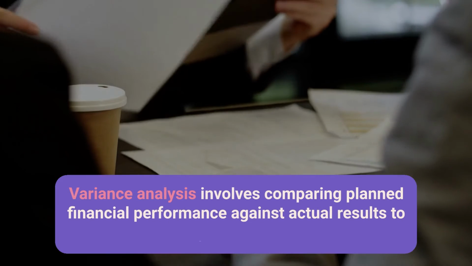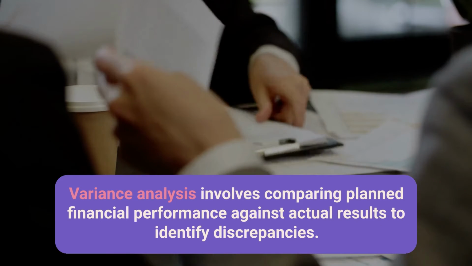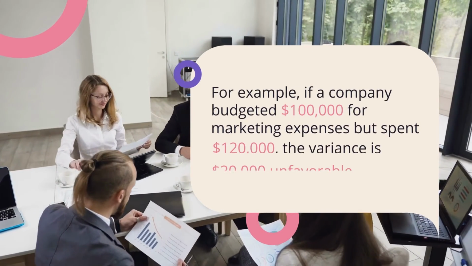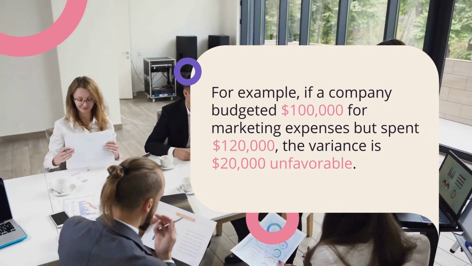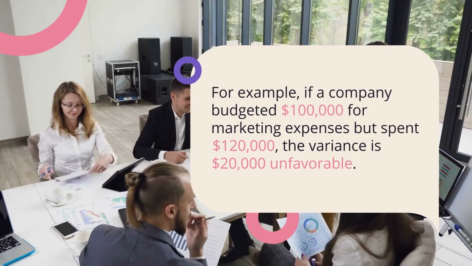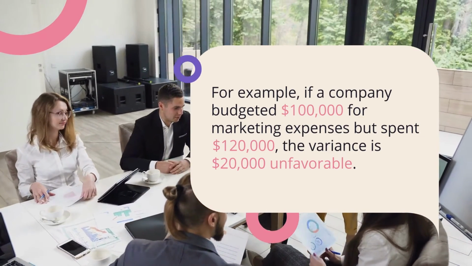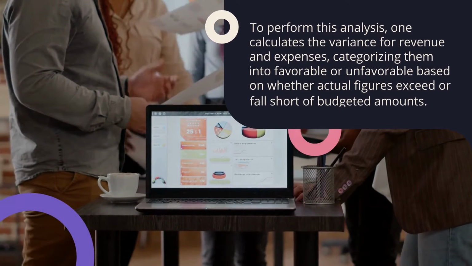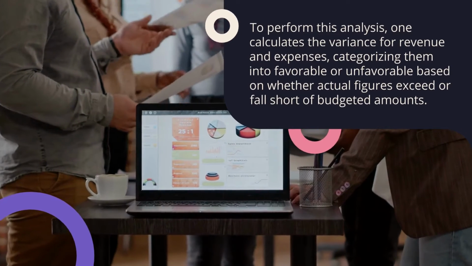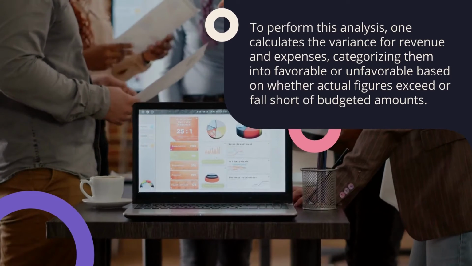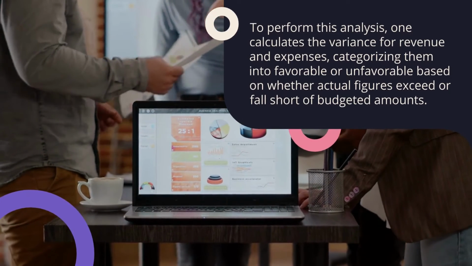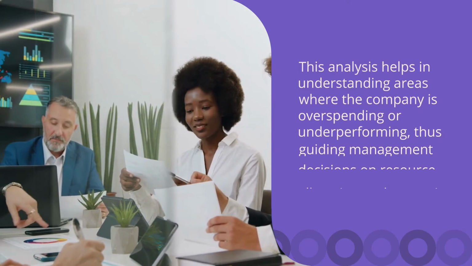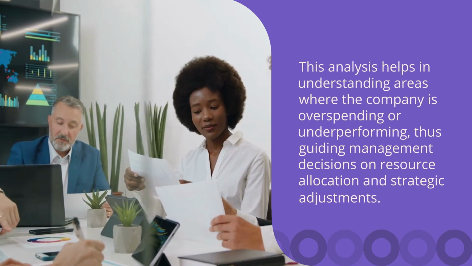Variance analysis involves comparing planned financial performance against actual results to identify discrepancies. For example, if a company budgeted $100,000 for marketing expenses but spent $120,000, the variance is $20,000 unfavorable. To perform this analysis, one calculates the variance for revenue and expenses, categorizing them into favorable or unfavorable based on whether actual figures exceed or fall short of budgeted amounts. This analysis helps in understanding areas where the company is overspending or underperforming, thus guiding management decisions on resource allocation